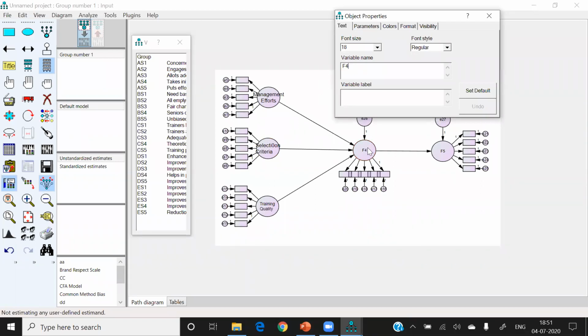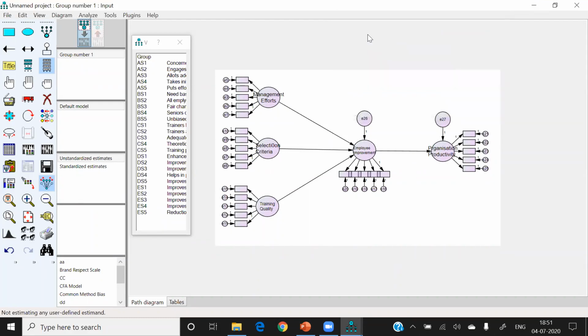This is employee improvement. And this construct is organization productivity. After that, I have to change the shape because these are going outside.